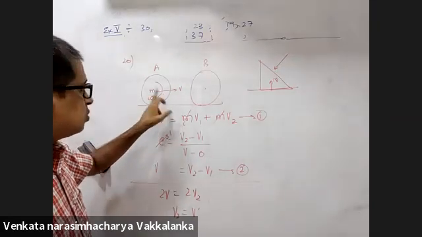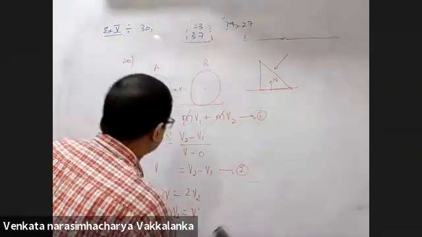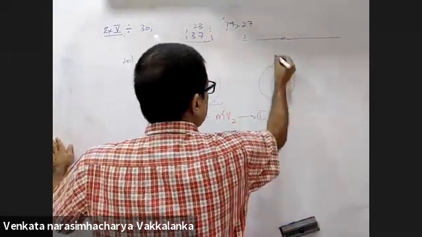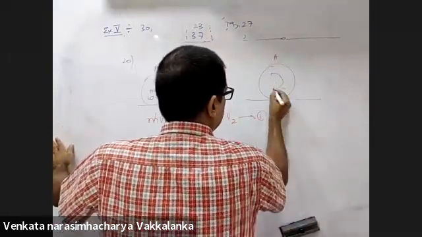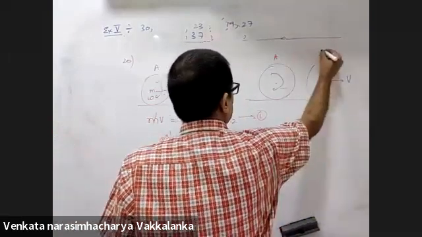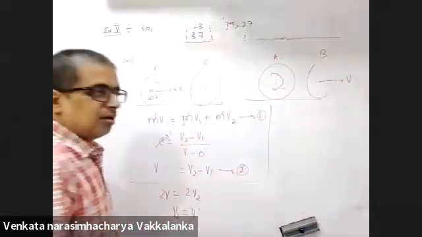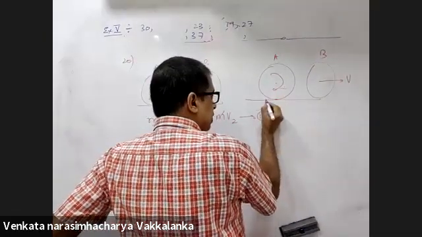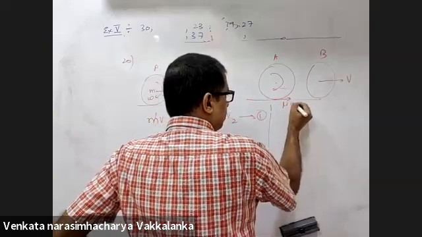See, after collision, what happens? This velocity will become 0. A will come to rest, but it will have omega. B will have v, but it will not have any omega. Now, when will it start rolling? Have a look at it. This point is slipping in the backward direction, so friction will act forward.